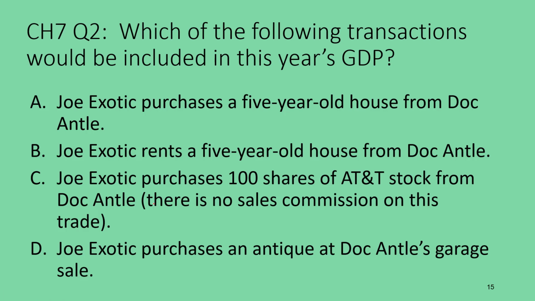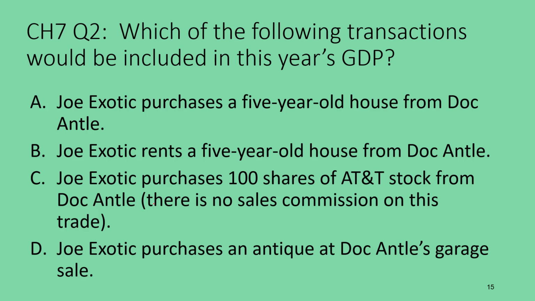Is it A, Joe Exotic purchases a 5-year-old house from Doc Antle? Is it B, Joe Exotic rents a 5-year-old house from Doc Antle? Is it C, that Joe Exotic purchases 100 shares of AT&T stock from Doc Antle, although assume there's no sales commission on this trade? Or is it D, that Joe Exotic purchases an antique, probably a tiger cage, at Doc Antle's garage sale? Right, so again, if you're looking at these choices, Joe Exotic purchasing a 5-year-old house from